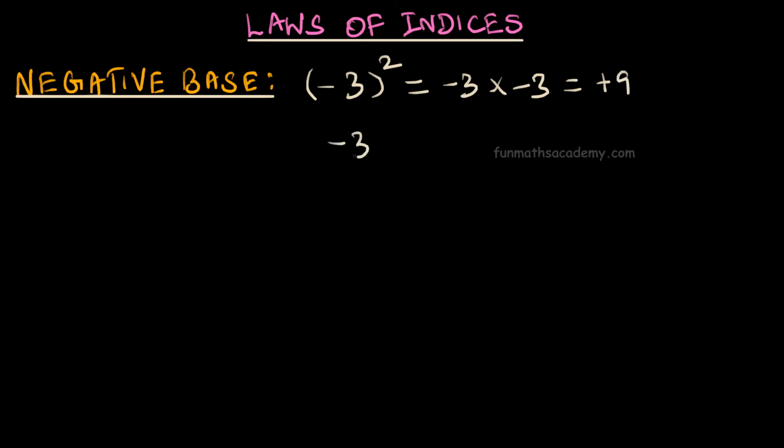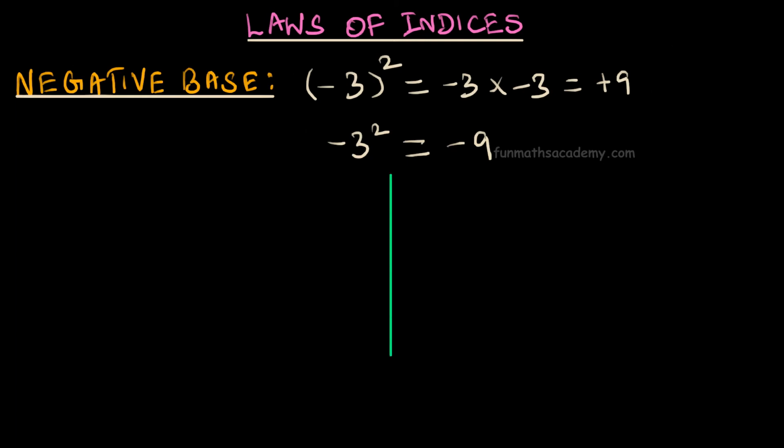So, what will be the answer when there are no braces? Can you guess? Now, suppose we have minus 3 squared. Since there is no braces here, we will simply find 3 squared, which is 9, and put the negative sign as such. The answer will then be minus 9. So, now you know the importance of braces, especially for negative numbers.